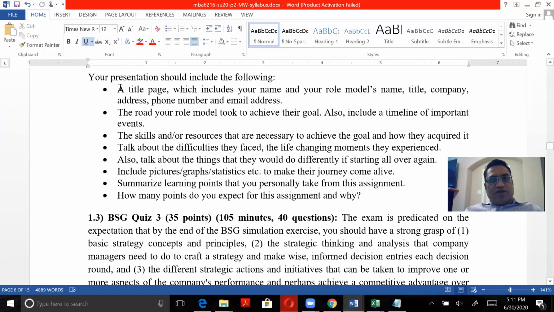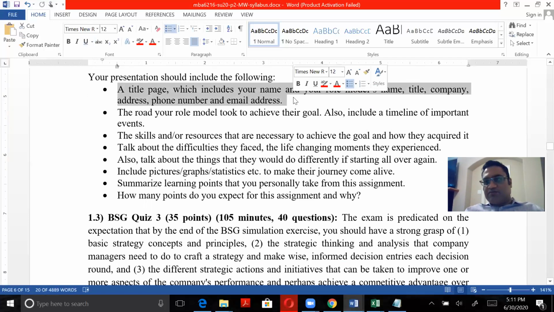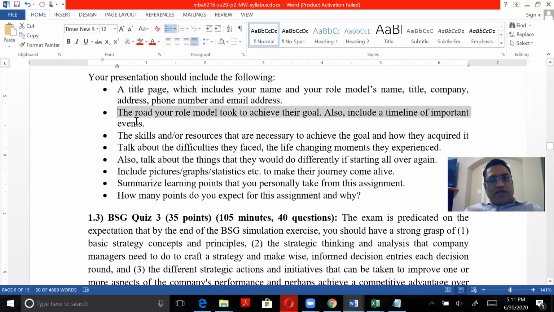So this is the first page, title page: name, title, phone number, email address. If you don't want to include it for privacy purposes of that person, that's okay. You don't need to include it. The next slide. So this is the first slide, title page. Next slide is the road